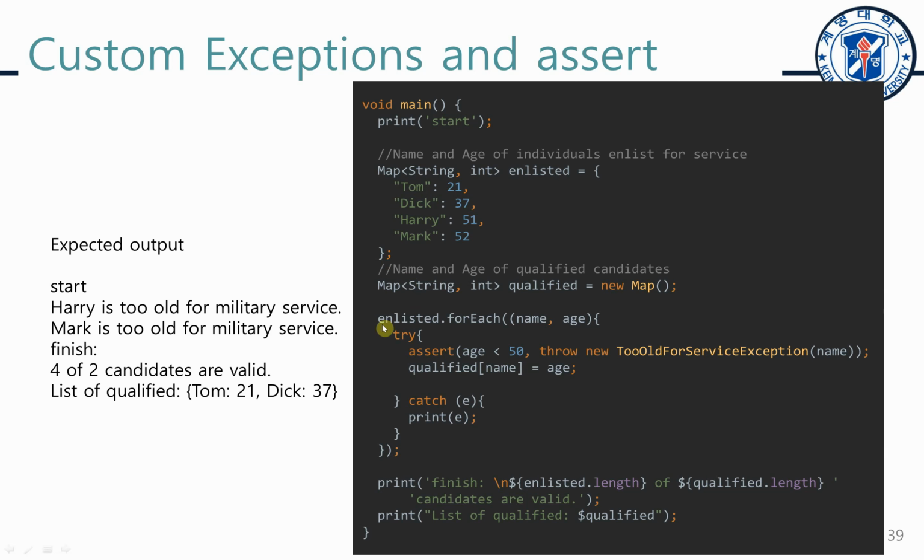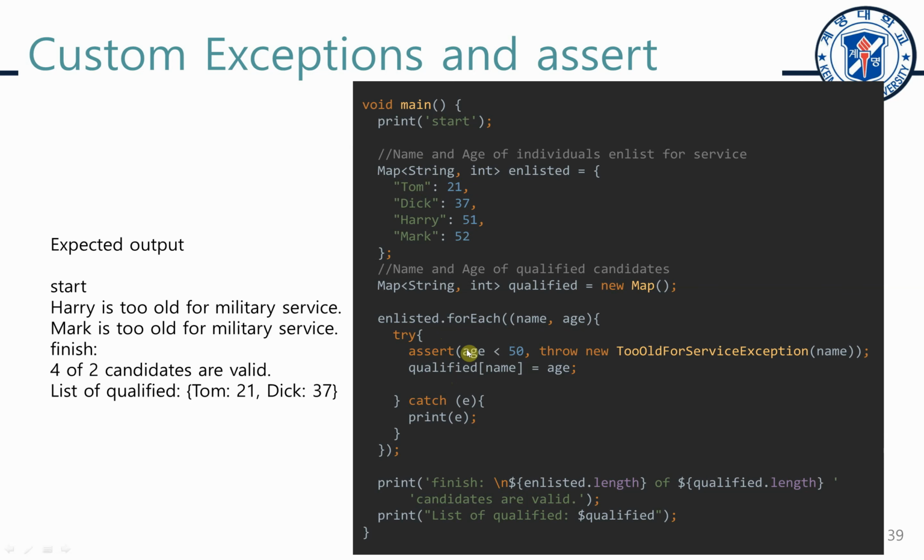So we call the forEach method on enlisted. This method takes out each element of the map. What does this do? Enlisted.forEach will take Tom into name and 21 into age. It will put 21 onto age and Tom onto name, and then it will check